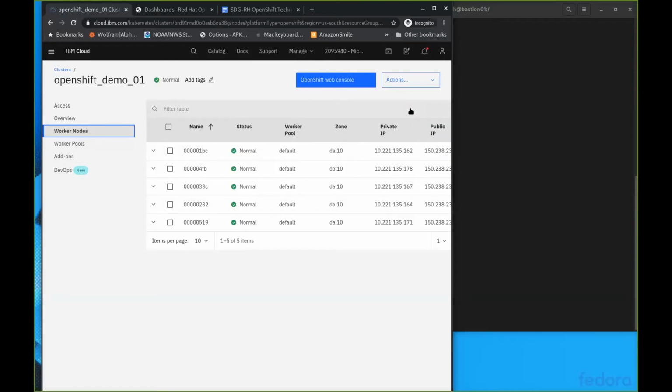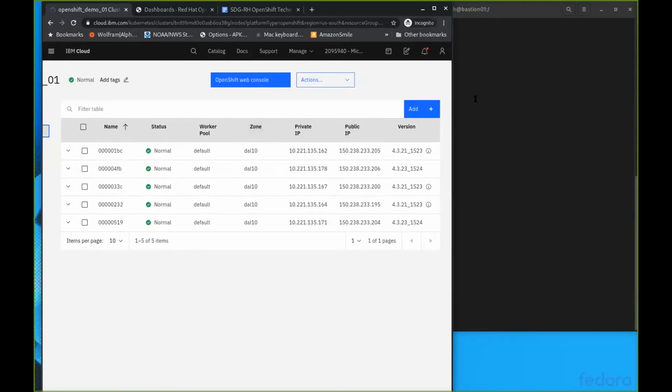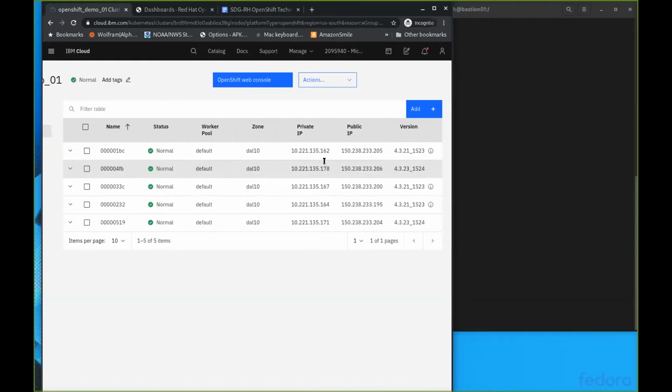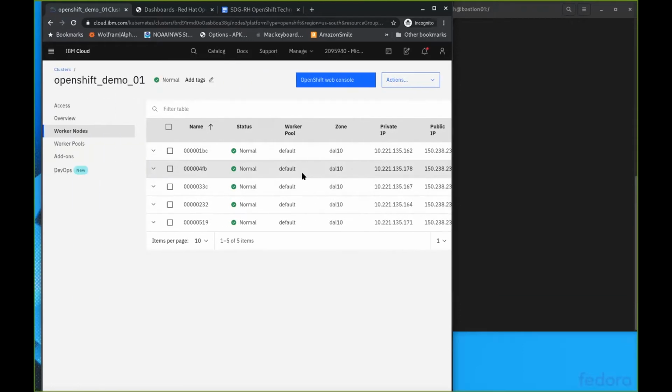There's an add button here that you could use to add a node. Now I'm logged in with developer permissions, so if I click this, it's going to end up showing an error. But with the correct IAM permissions, admin type credentials, you could add nodes to the cluster. Actually, I did this yesterday to this cluster. We were running with 3 nodes before today's event, and just to make sure we had enough CPU and RAM resources for people that wanted to do the hands-on lab, I expanded the size of the cluster,